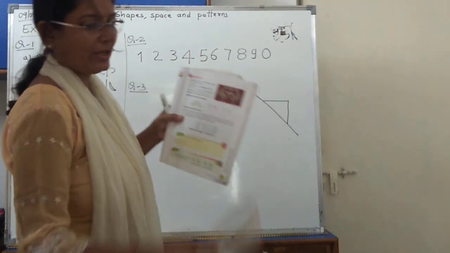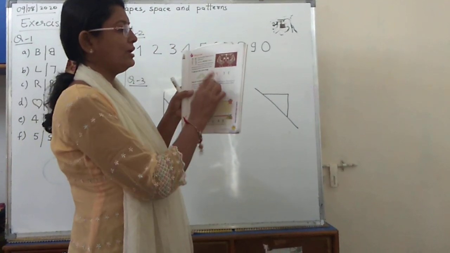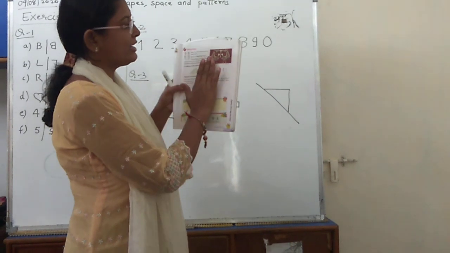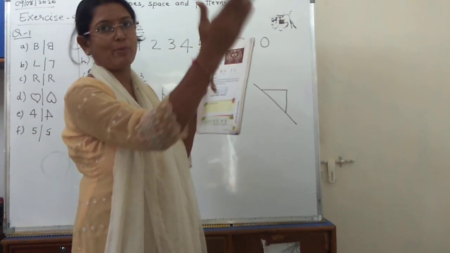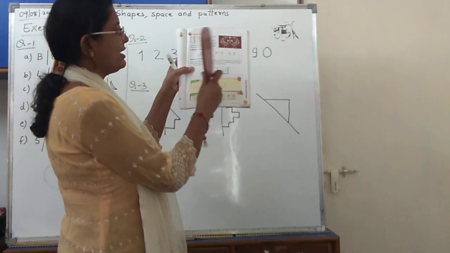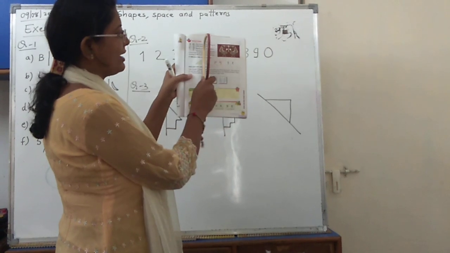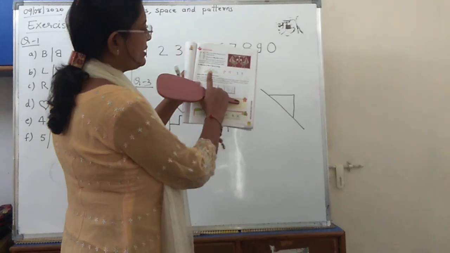see this part. So what will happen when you make two parts of any picture, and then you will be able to see the image of this picture in the mirror, that is the other half part of the picture. Just see, this triangle is like this way. If you see in the mirror like this, what will happen? You will be able to see this diagram.